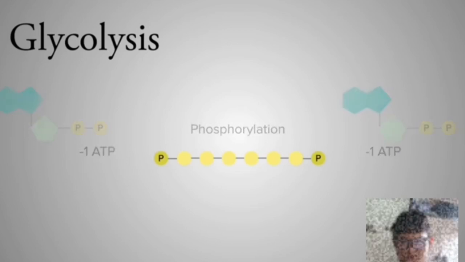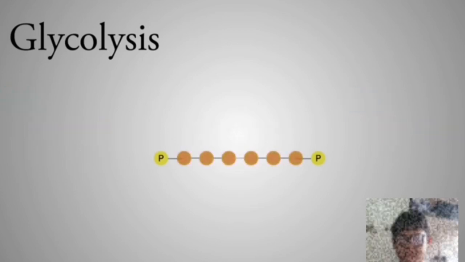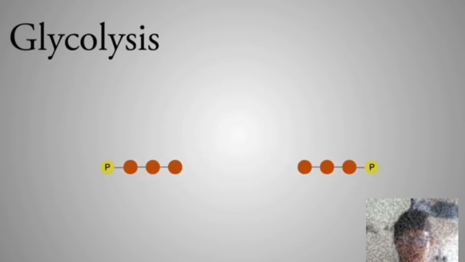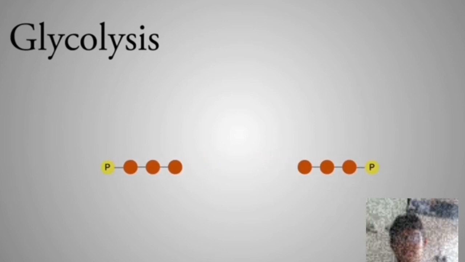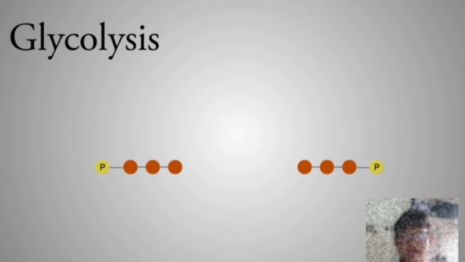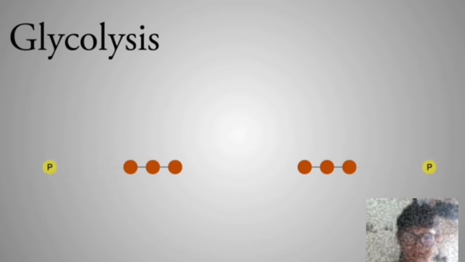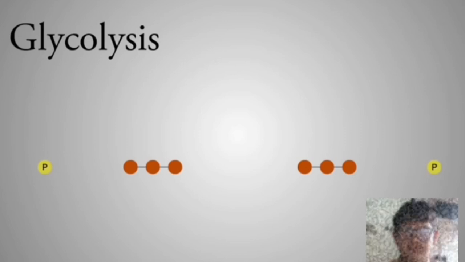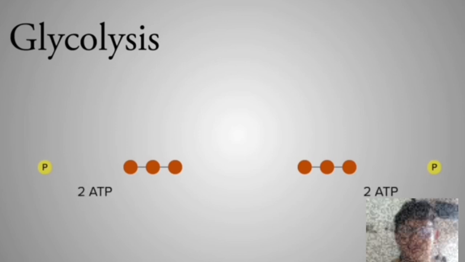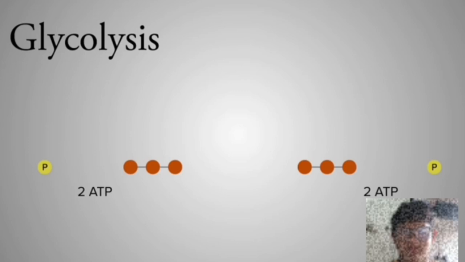Phosphorylation is when a phosphate is added to a molecule. Glucose is broken into two 3-carbon molecules containing the phosphate groups that were donated by the ATP molecules. Next, the phosphate group is removed from the 3-carbon molecules in a chemical reaction chain that produces 2 ATP from